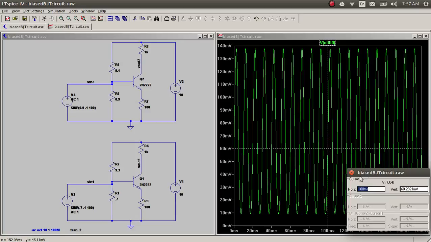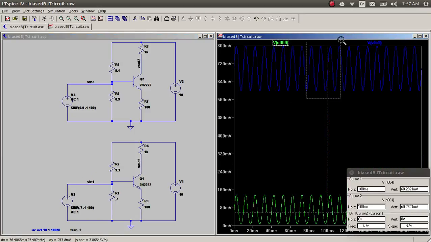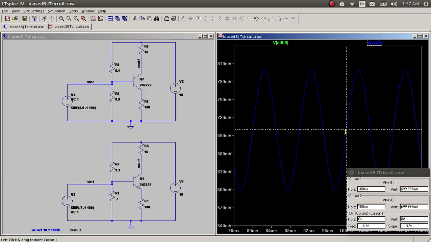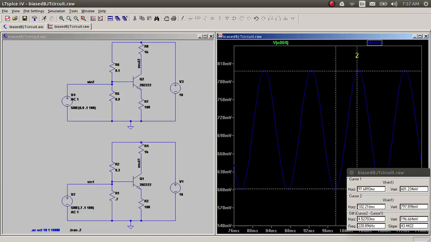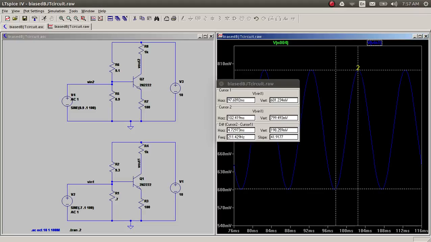We should first look at the input, so let's do that. The input amplitude was 100 millivolts, and if we look at the vertical delta, this is the one you are looking at. This is the horizontal of the first marker, the vertical of the first marker, the horizontal of the second marker, the vertical of the second marker, and this is the difference between the horizontal,